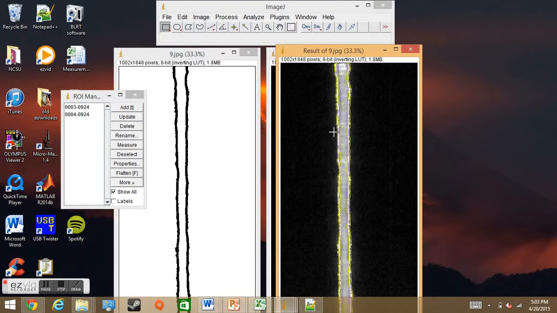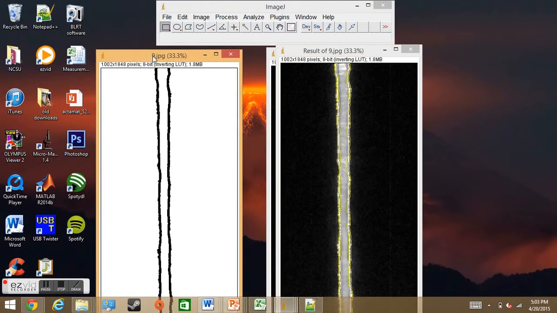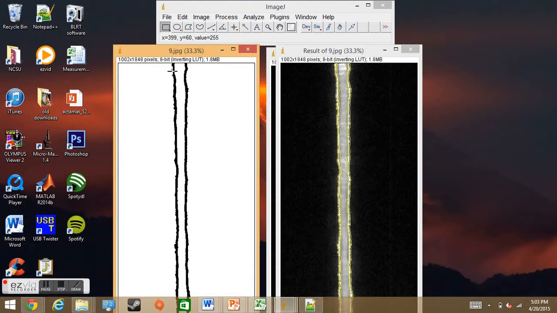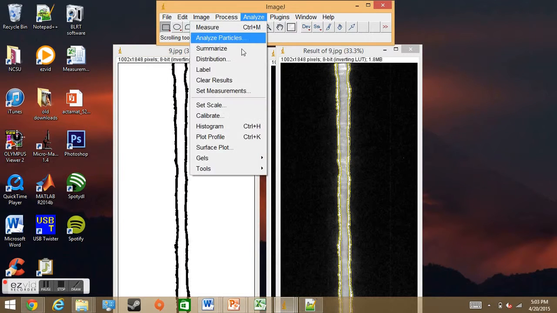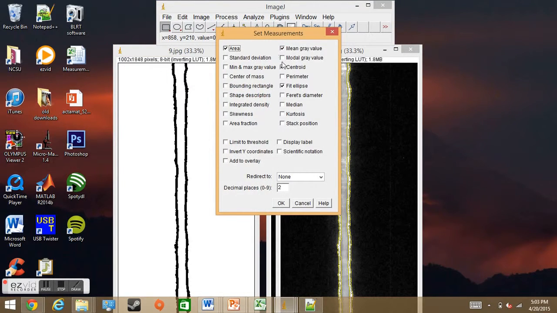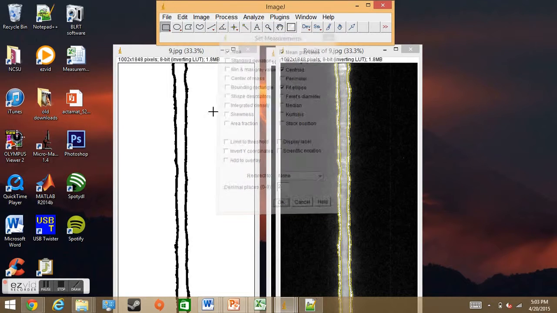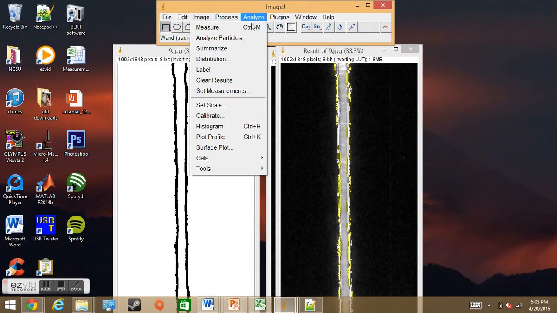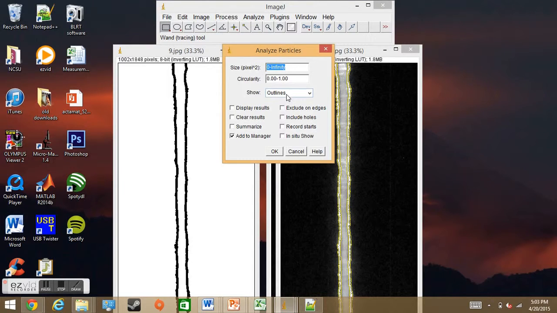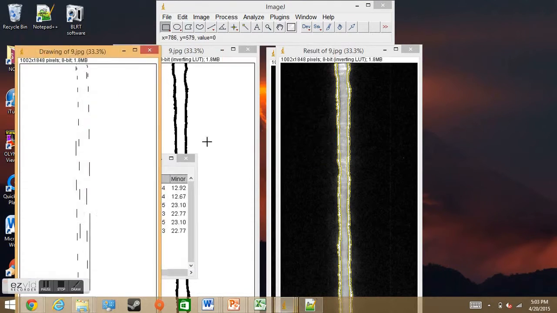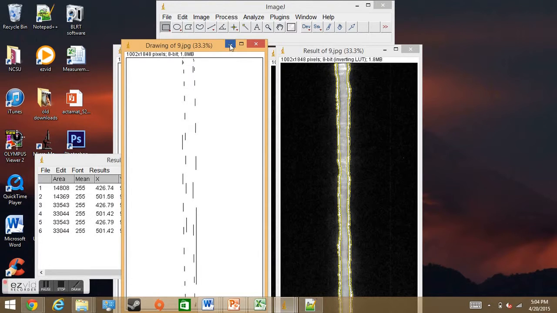So we need to compare what we measured with what it's supposed to be. So we can go back to the boundary lines right here. Set measurements, make sure, because we're going to measure the ellipses, analyze particles as ellipses, and display results. So we get two ellipses. They're kind of long, so you can't really tell them from this image right here, but according to the results